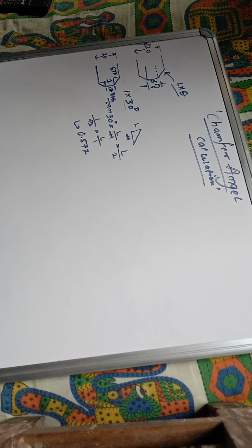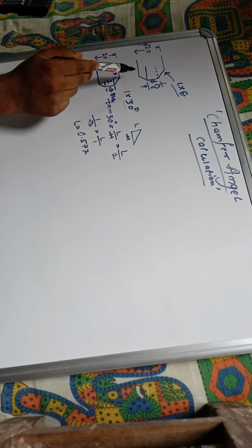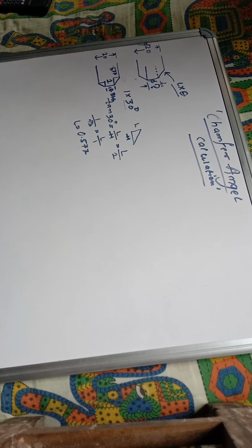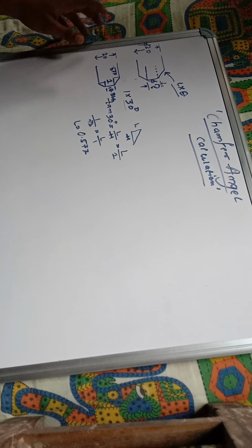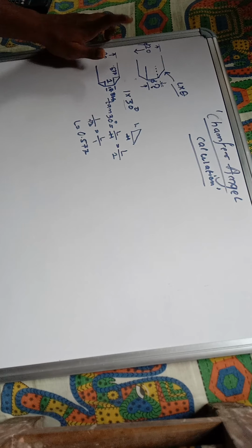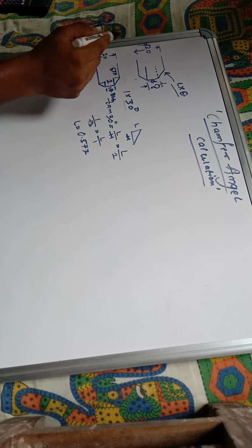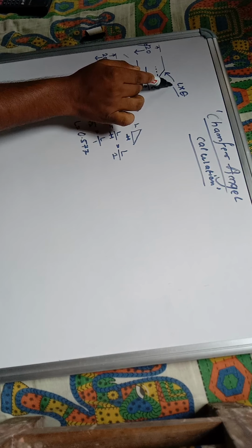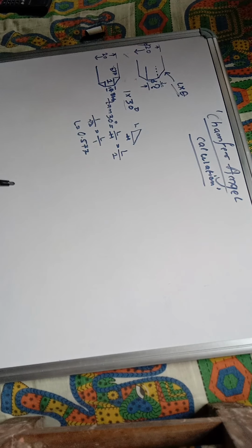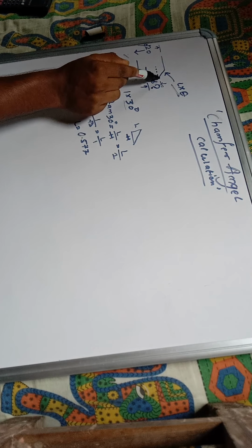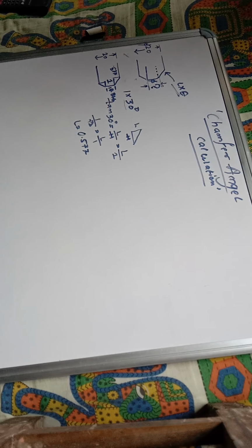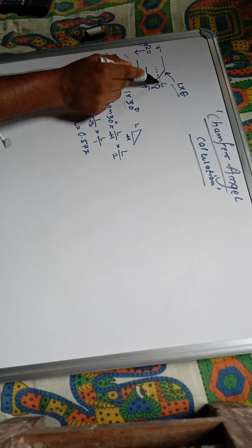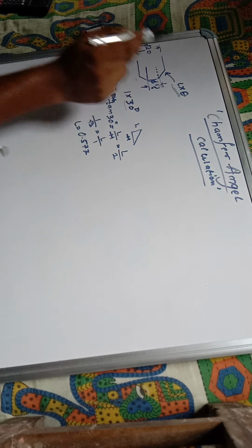Actually, this process will be done on the CNC machine, and suppose you have to make this kind of profile. You are given a drawing with a diameter of 20 mm, and some specification given as L into theta. I will discuss what L theta is, and how to find this diameter. That is our basic motto: to find this diameter and what the specification L theta means.